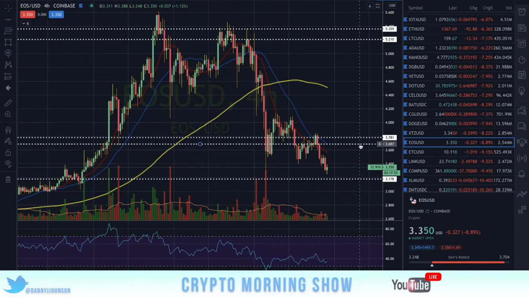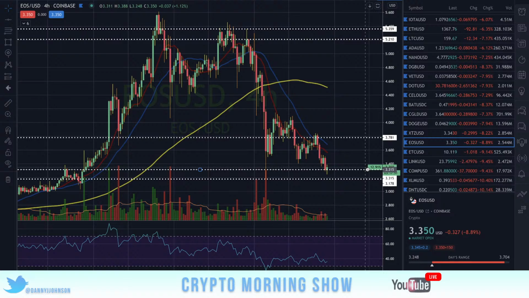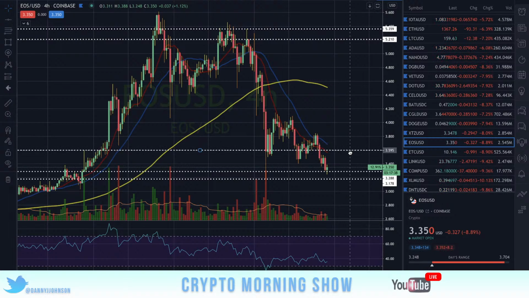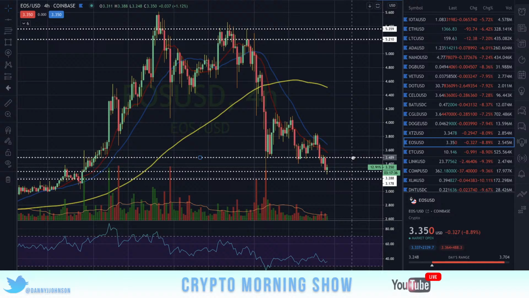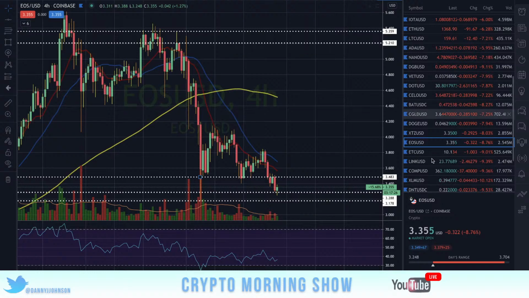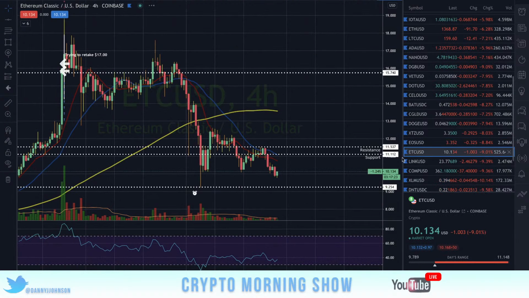So we'll put another support level to watch out for right here on the previous candle at the 3.28. And then resistance on these wicks, we could use the body of the candle first. We've got to get through there at the 3.48, then through the wicks, then into the 12-day, then 26 on the climb up. Moving on to Ethereum Classic, ETC USD,